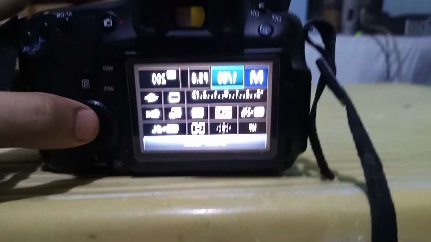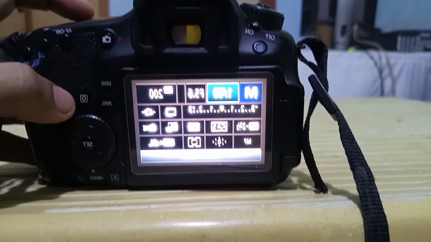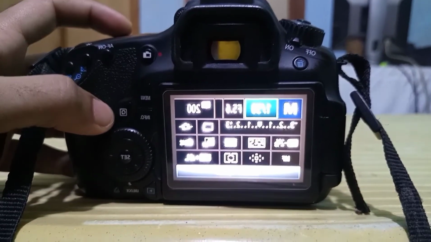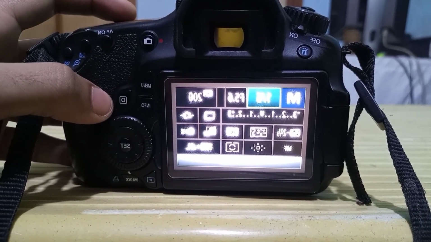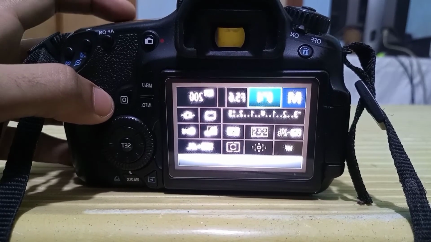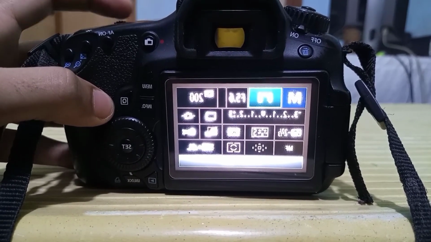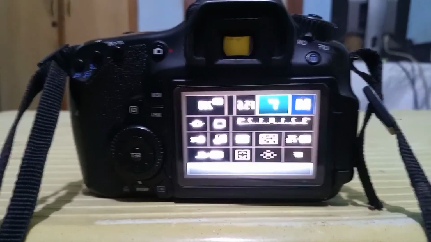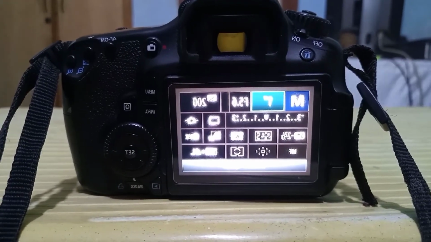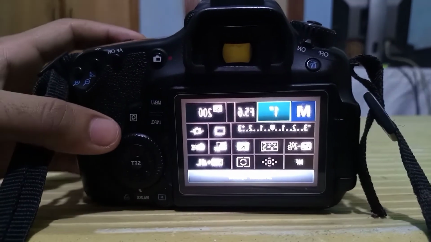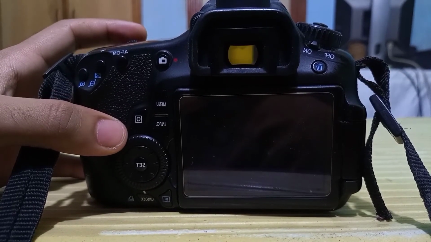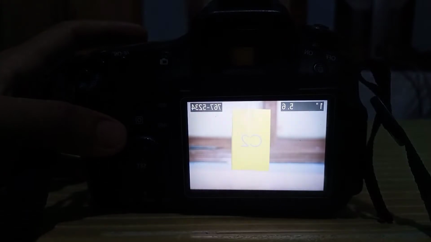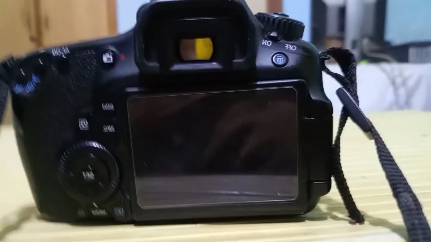First of all we go into settings, and I am decreasing my shutter speed to 1 second. I am giving my camera 1 second to take a picture, and now we will see a difference. Press the shutter button, and after 1 second you will see my picture is much brighter than the last one.